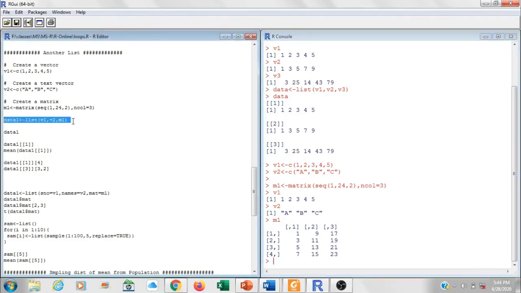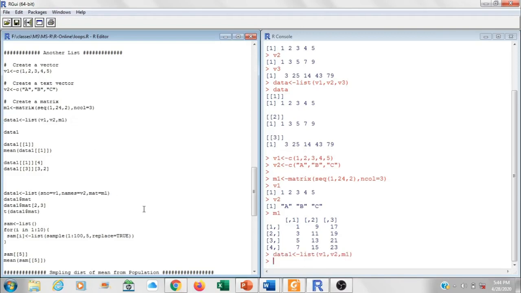So this is the command. I would run this command. Now as you can see, I have combined V1, V2 and M1, where all three were of different types. V1 was the numeric vector, V2 was the text vector, and M1 was the matrix, and I have combined them into a list and assigned this list to the variable data1.